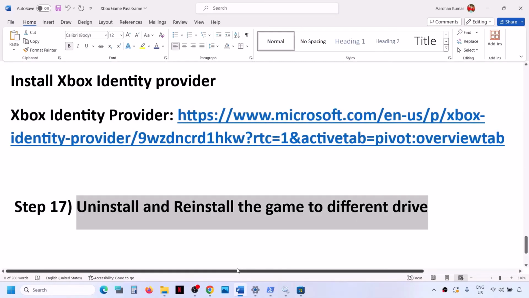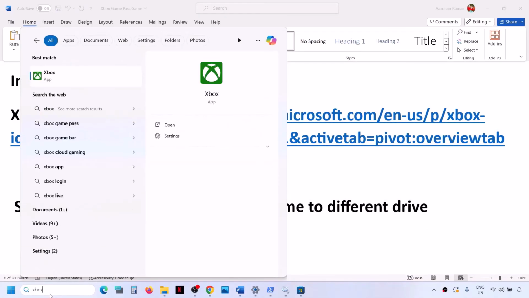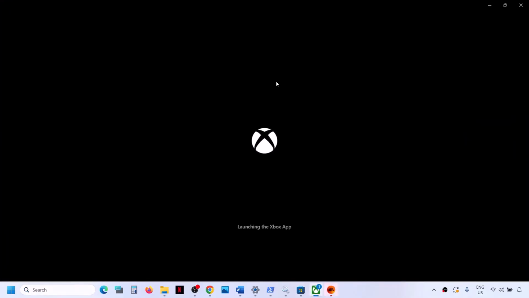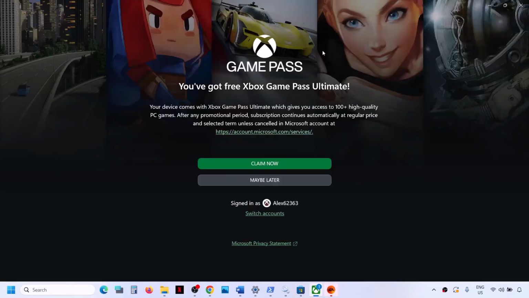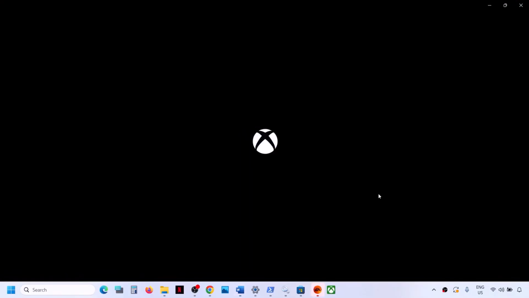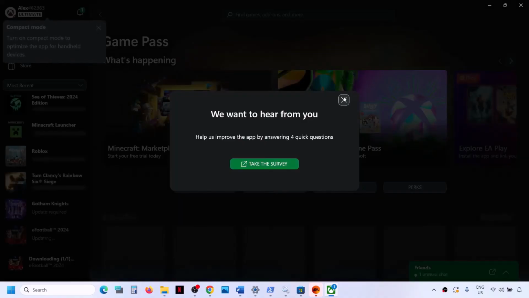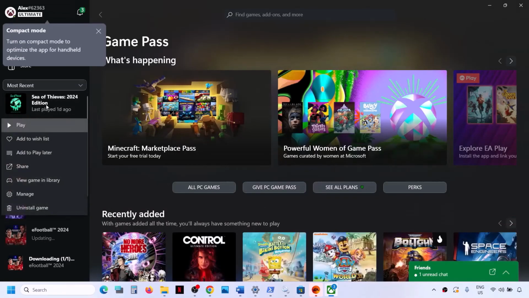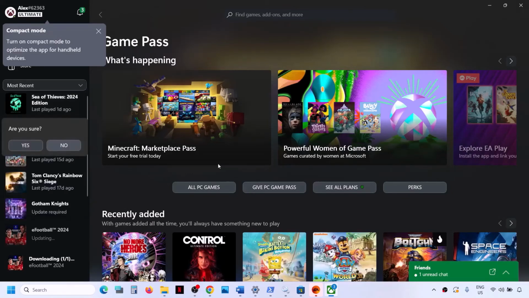So if nothing is working, you can open Xbox app or Microsoft Store, and then you can try to uninstall the game and then reinstall the game. You can simply uninstall and reinstall. So go to Xbox app or Microsoft Store, and you can make a right click on the game and then click on uninstall. Yes. And once the uninstall is complete,